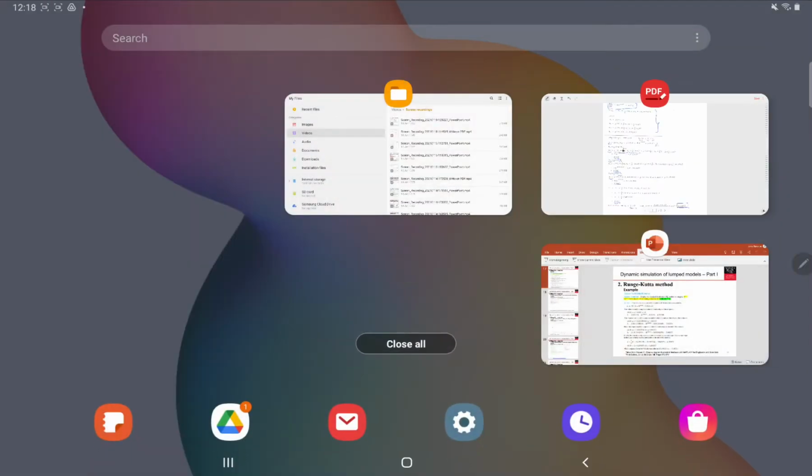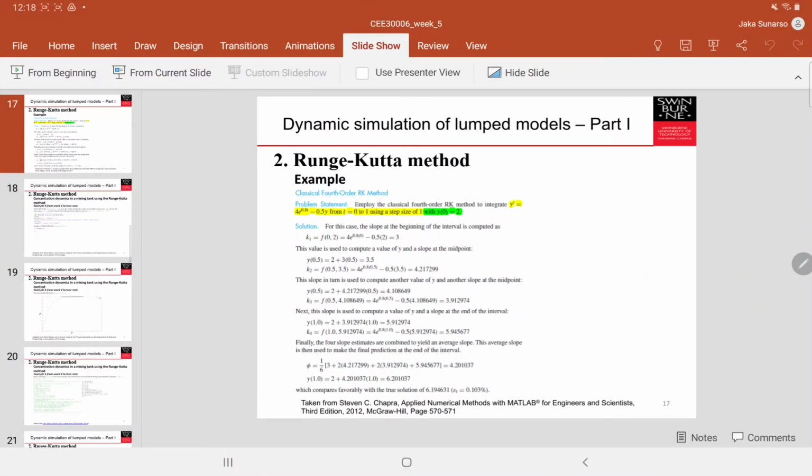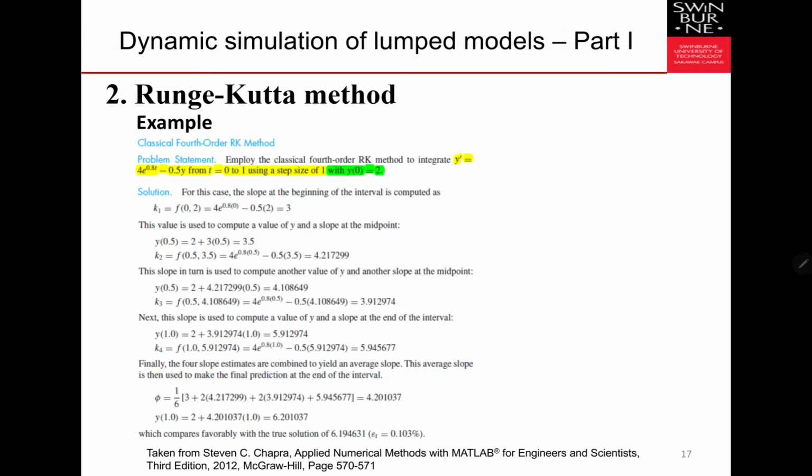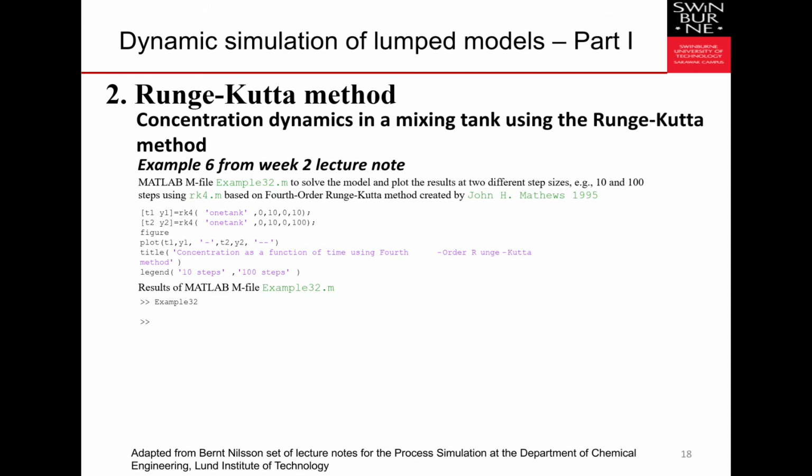So this basically shows you the steps, and you can go and inspect the details by yourself and try to repeat the calculations. Then moving on to the next example, we want to solve the same problem that we showed for the Euler method, but here we use the Runge-Kutta method, called RK4. Again, we put in the initial, the final, and then this one is the initial value for the concentration. This one is the steps. We try 10 steps and 100 steps.